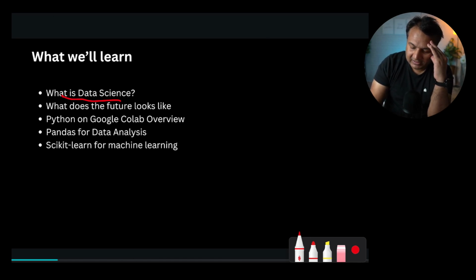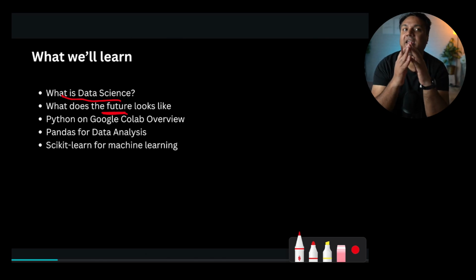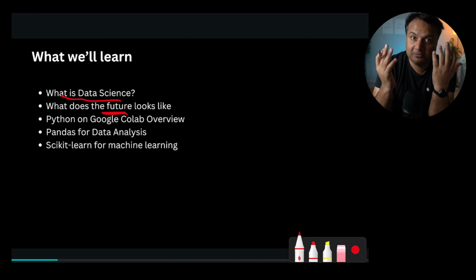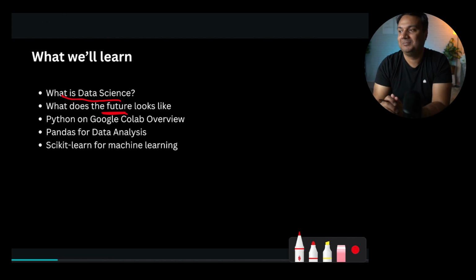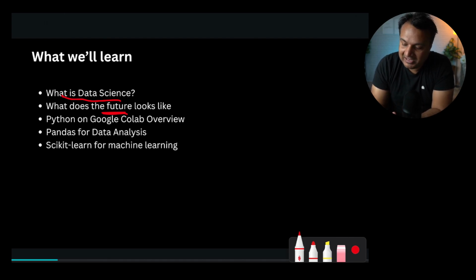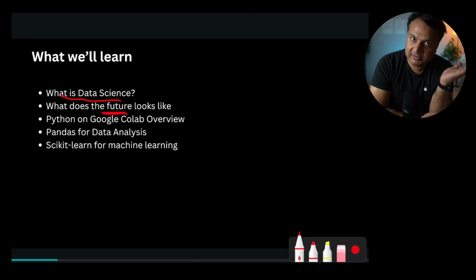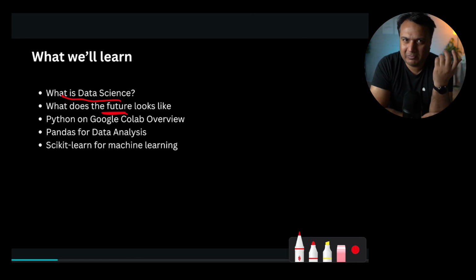Second thing we'll cover is what is the future of data science. Now, again, my thoughts on this might be a little biased since this is the industry I've been working in for the last many years, and this is the industry I love. So take it with a grain of salt. But as a data scientist, it is also part of my training to look at the data and carefully analyze it. So I'll share my thoughts on what I think the future of data science looks like, and should you actually be spending any time learning it or not.